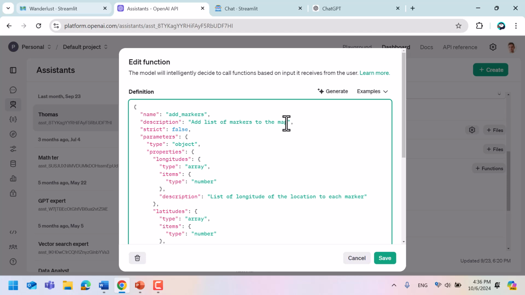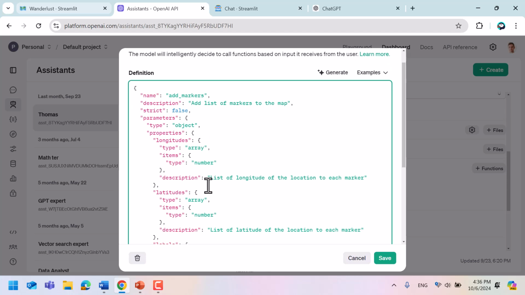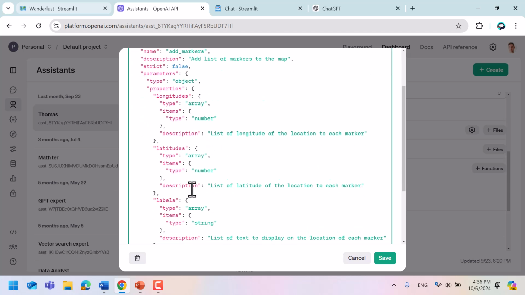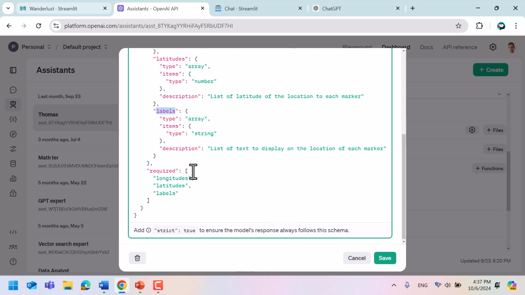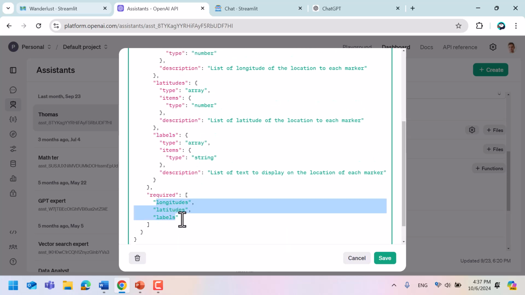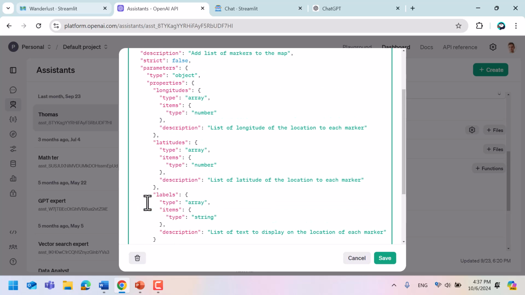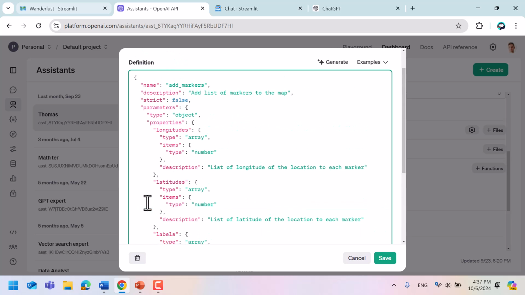So when I ask a question like point me to Fenway Stadium or maybe the aquarium or some other location, it's going to create a list of longitude and latitude elements, in this order, and also label and provide all of those outputs. And so this is how it's performing right now.